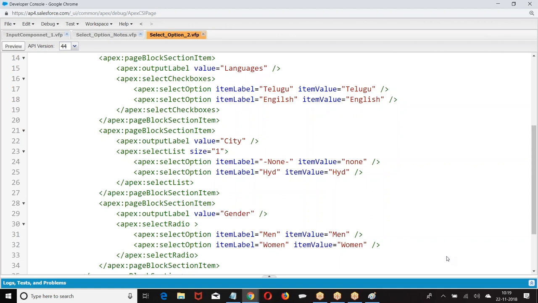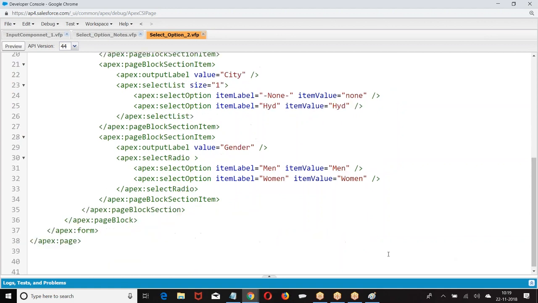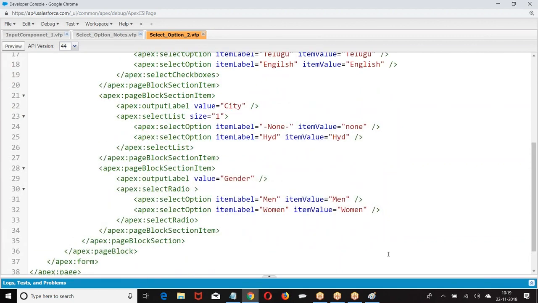In one page block section item, we can have two child elements, for example a first name label and the text box to be entered by the user.